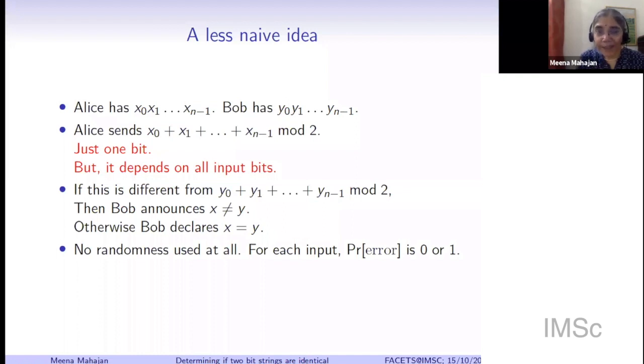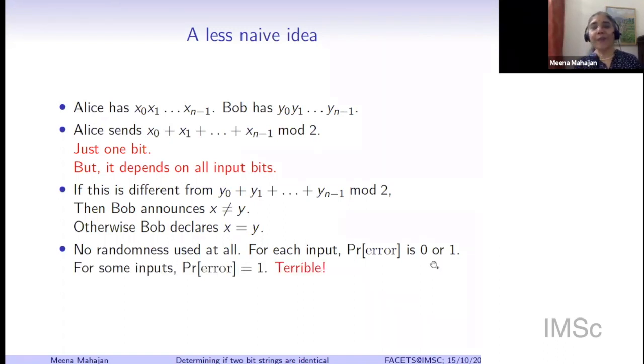Now, you notice that this protocol has not used any randomness. Alice has just determined what is to be sent, and Bob has made his decision. So there is no randomness used, which means that obviously this protocol cannot be correct. We already saw that without any randomness, you should be communicating n bits. For every input, since there is no randomness, the probability of error is 0 or 1. Now, it cannot be 0 everywhere. We have already seen that n bits of communication is necessary. This is using only 1 bit of communication. So it must be the case that there are inputs for which the probability of error is 1.